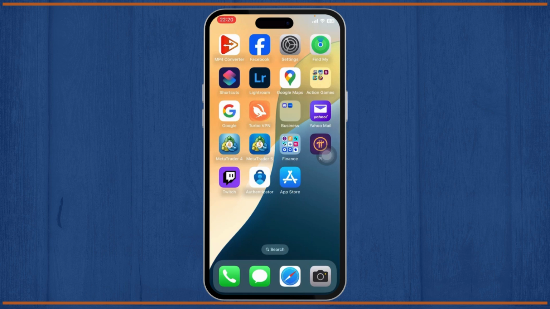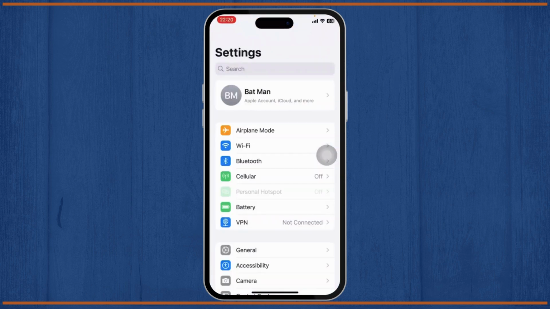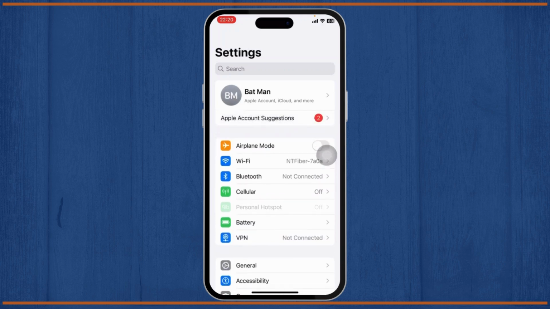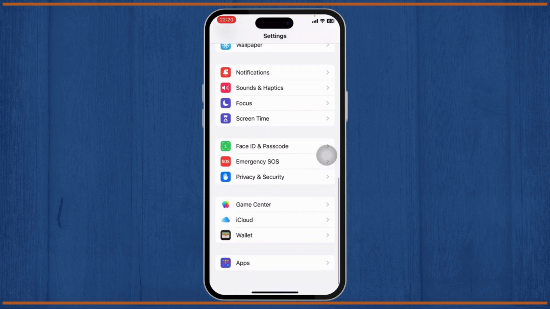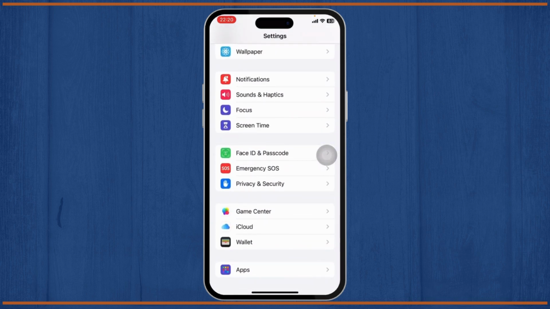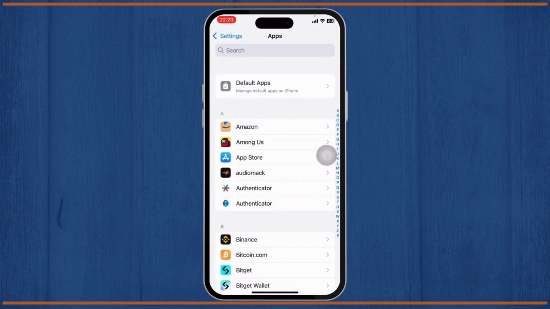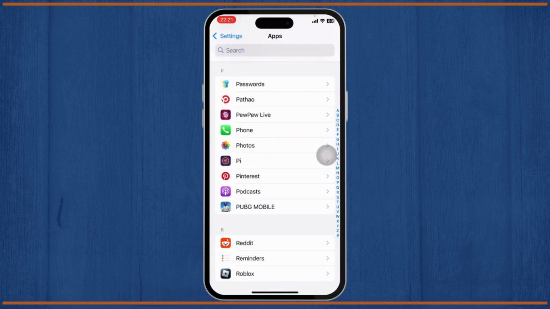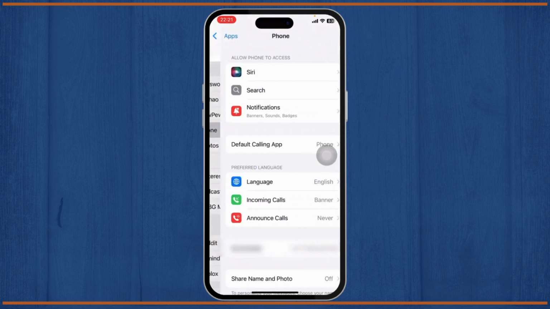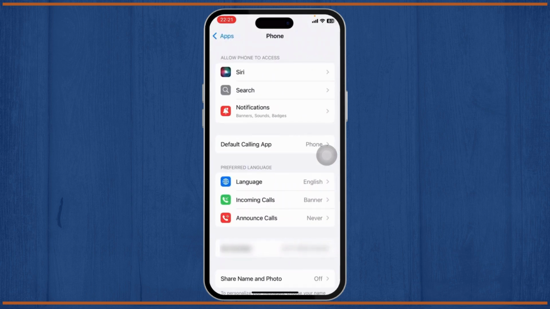The first step here is open up your settings. After you open up your settings, simply scroll down till you find the phone app. If you don't find it here, head over to the apps section that is on the bottom of the settings and search for phone. After you find phone, open that up, and after you open that up, you can then